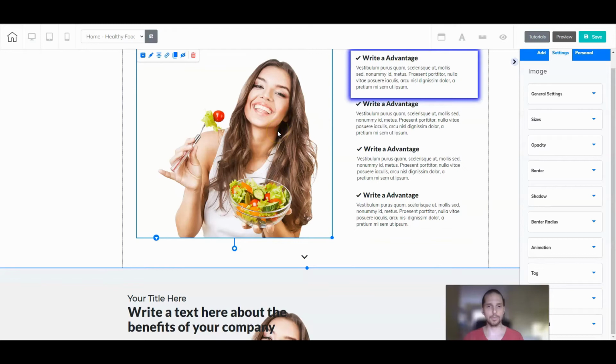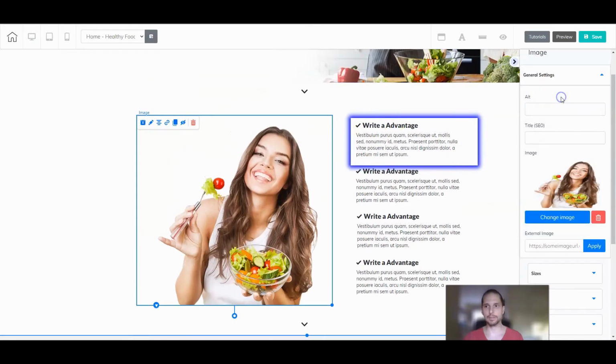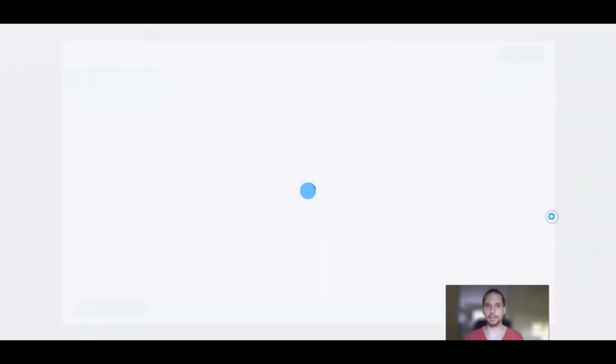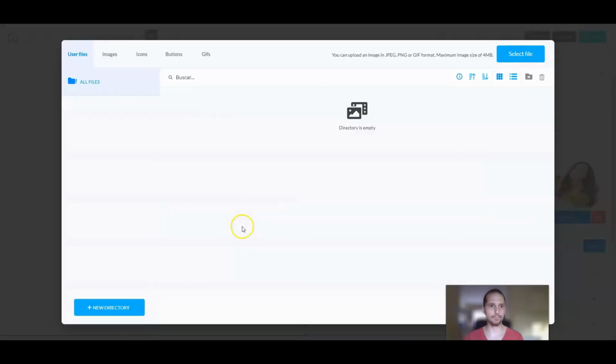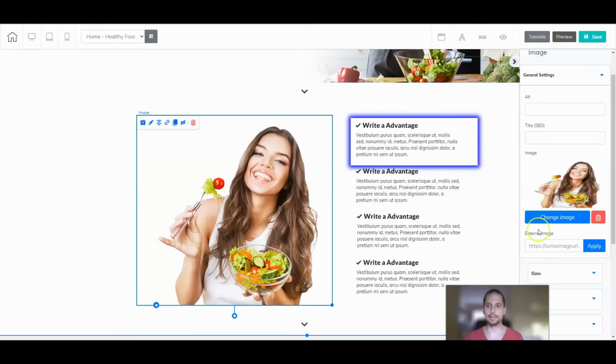And with the image, for example, we right click again and we can change the image here, of course, which I forgot before to show you. We can open the images that we have here. Right now I don't have any images, but we can upload any image we have in our PC. Just clicking here, select file, and upload it, and we can change the image that we are using. Okay, so we click cancel, and now